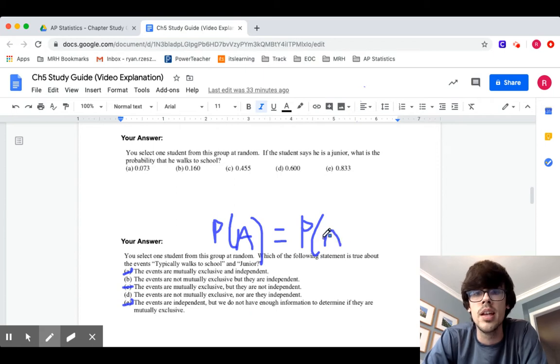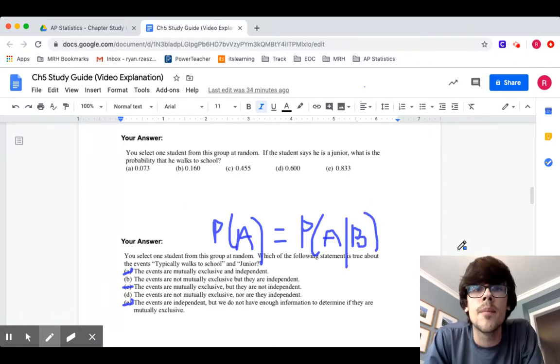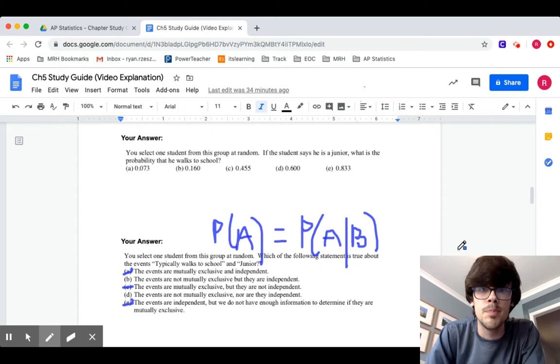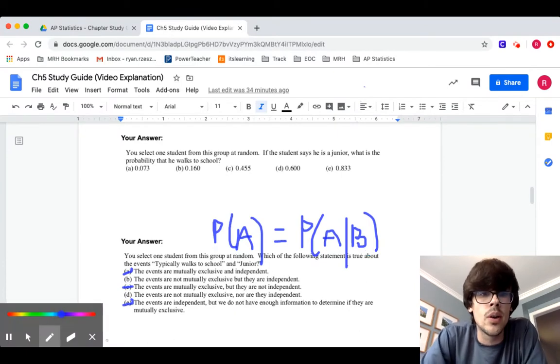Or I could reverse the A's and B's in my little formula right here. These two probabilities being equal is how you establish independence. What does that mean? It means that if B happens, B is given in the formula, it doesn't change the probability of A. So what I would need to do to verify independence in this problem is instead of doing